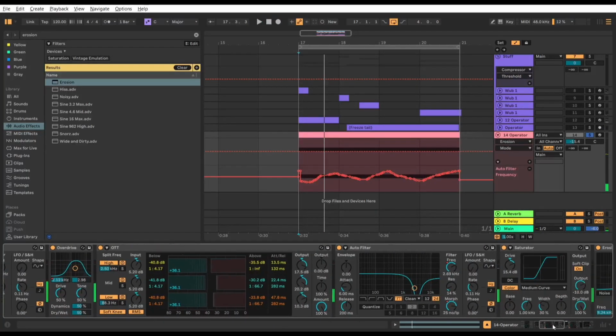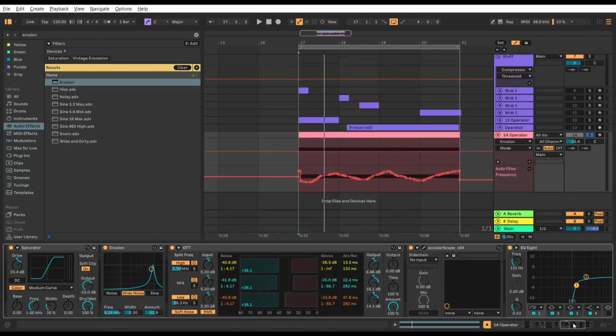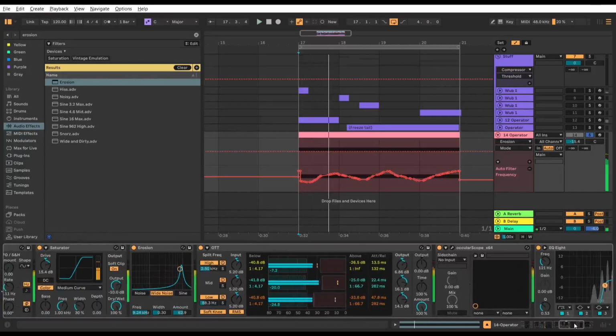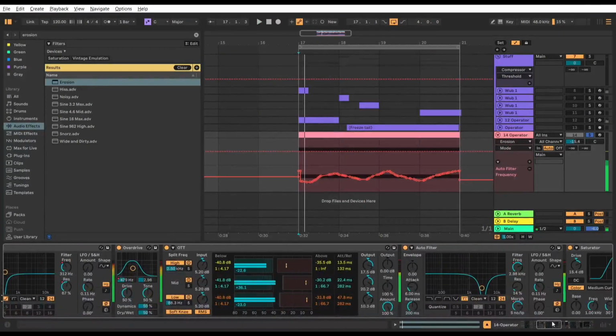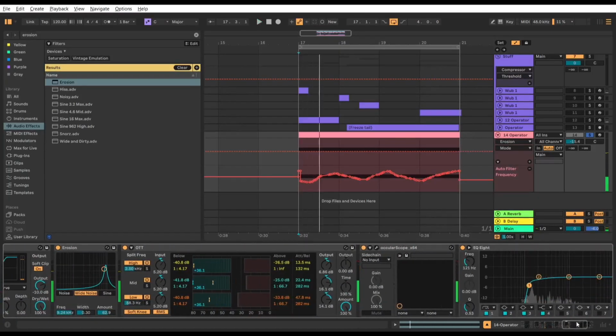All right, so you're probably wondering, how are we going to use this in the context of this track? It just sounds like we've made this crazy, hectic, distorted bass sound, and maybe you could use it as a really gnarly stab or something like that. But how do we actually use this sound? Well, now we've created a